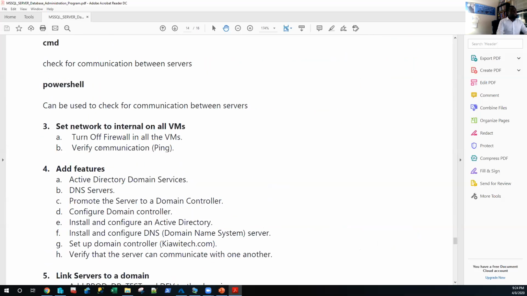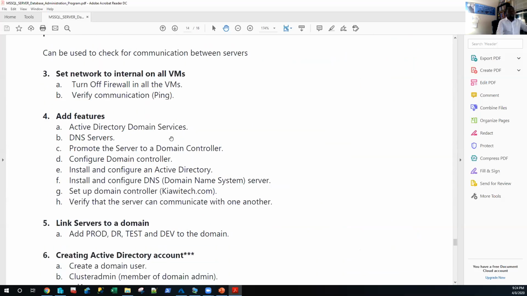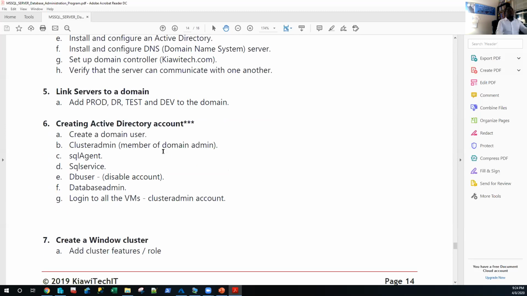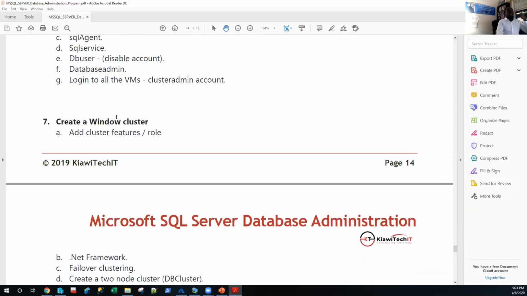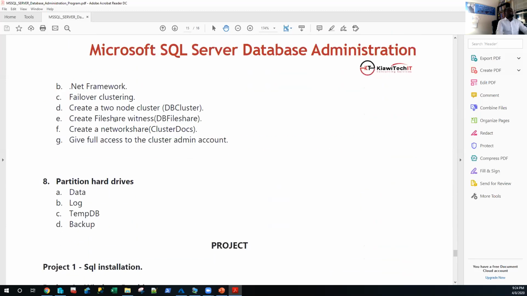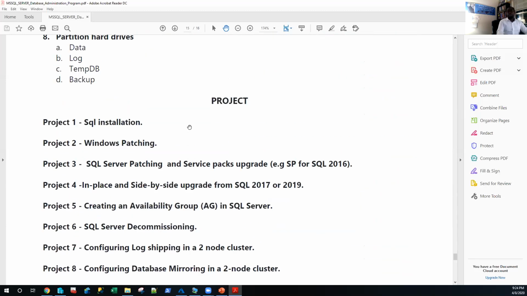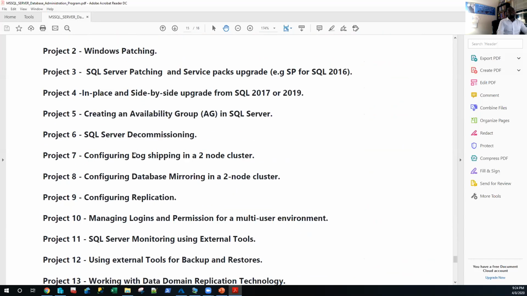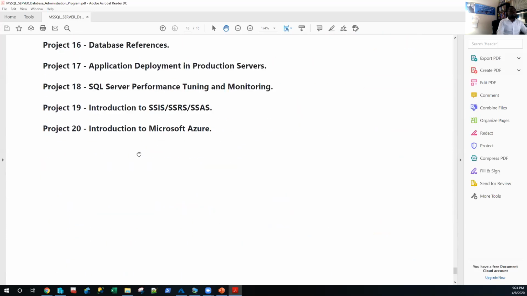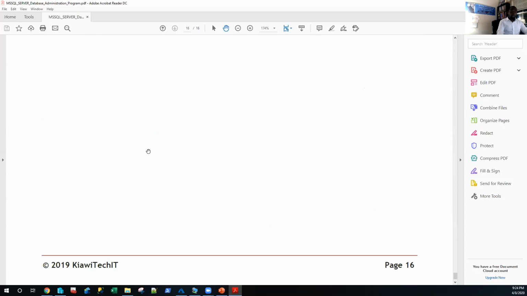We virtualize your environment, you create virtual machines, we virtualize the drives, the network, the storage, and then we build a domain controller, we build an Active Directory, we build DNS, and we build clusters, and then we start our projects, right? So we need to build this in order to do all these projects. So all these projects, we're going to work on all these projects, and when we're done with this, we are going to go on to